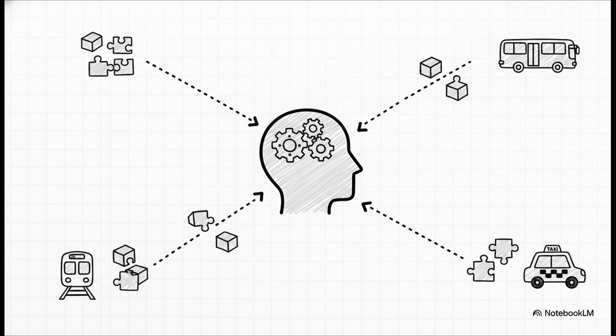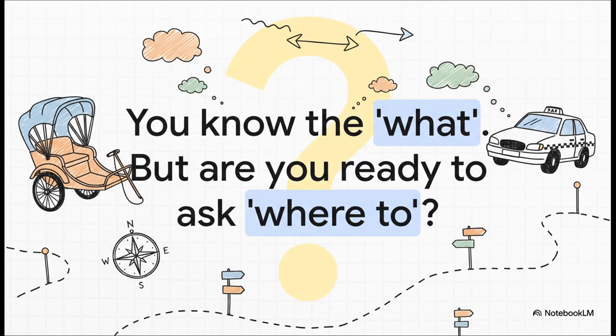If you start using this approach, I promise you, the language is going to start to open up in a much more intuitive way. Knowing what to call the vehicle, that's step 1. But the next step is actually using these words to ask for directions or to tell a driver where you need to go. For now, just think about the logic that we uncovered today. How else might this whole building block approach change the way you look at language?